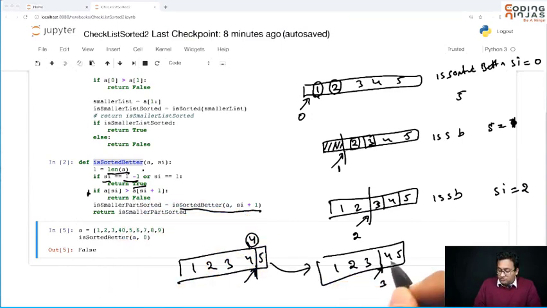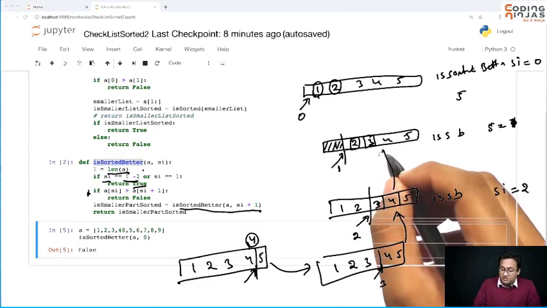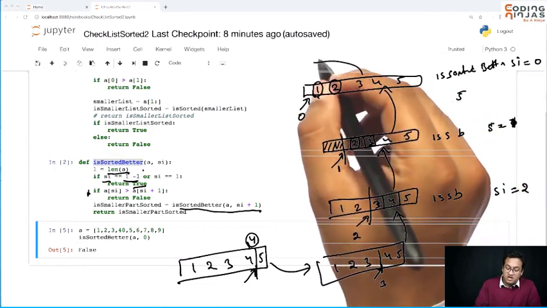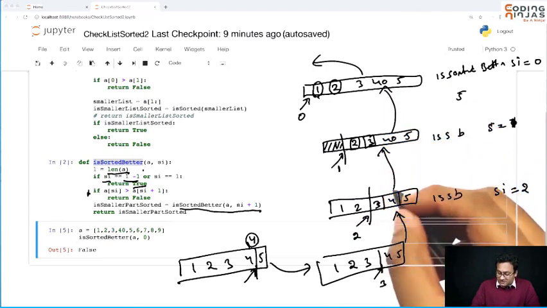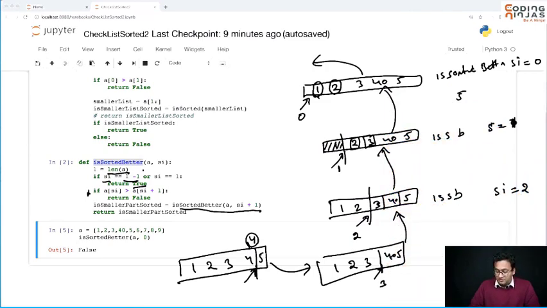This will return true, this will return true, this will return true, this will return true, and this is how the original function is going to return true as well, right? So you made all these calls to eventually get to whether the array is sorted or not. Let's say I had a 40 here instead. So what's going to happen?